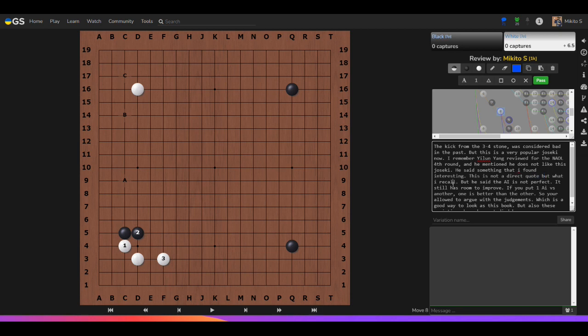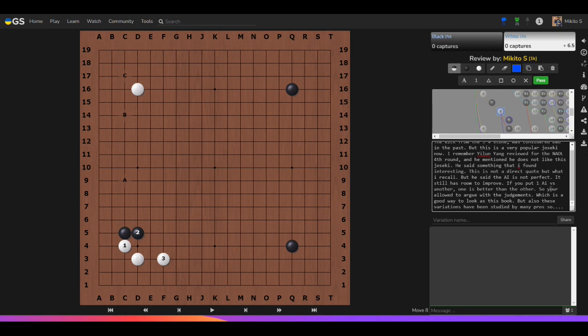This is me saying what I recall him saying. But what he said along the lines is that AI is not perfect. It still has room to improve. If you put one AI against another, one is better, right? One usually is clearly better. So you're allowed to argue with the judgments of AI, which is a good way to look at this book